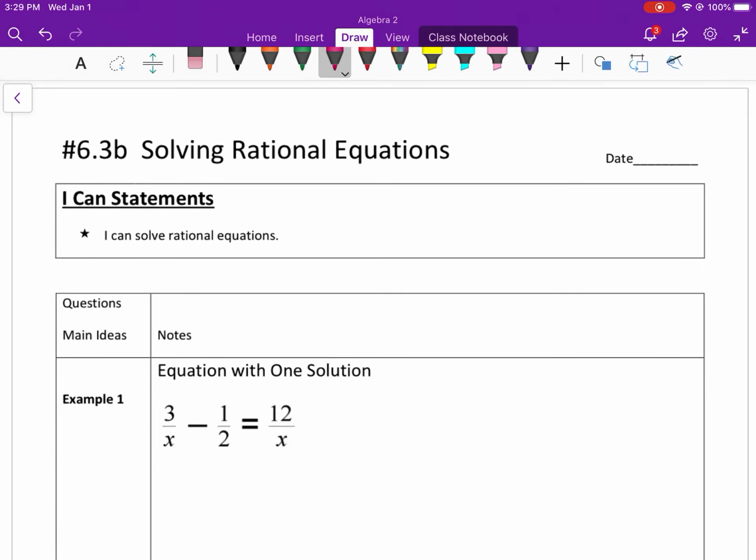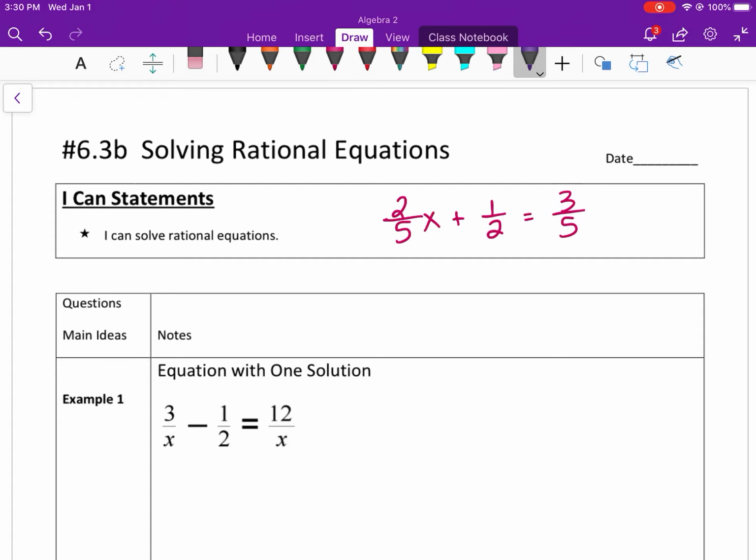This video will be on 6.3b solving rational equations. If you remember when you first learned to solve equations that included fractions, like 2/5 x plus 1/2 equals 3/5, this could be a challenging problem because you have to subtract a half on both sides, and then to take 3/5 minus a half, you have to have a common denominator, and then you have to divide by a fraction. So what we were taught to make this problem easier is if you want to clear out the fractions,